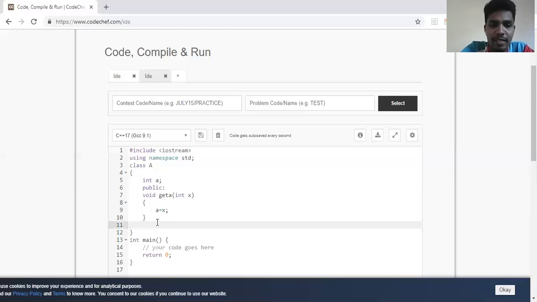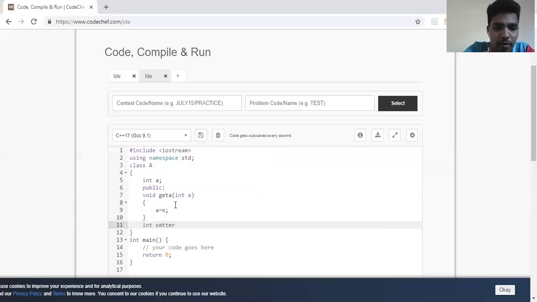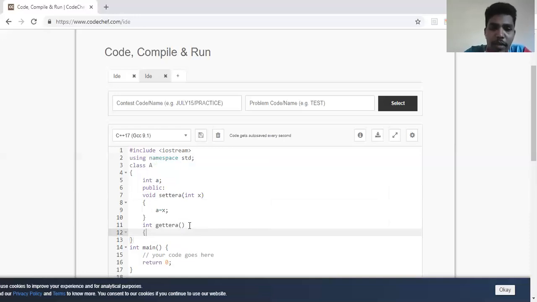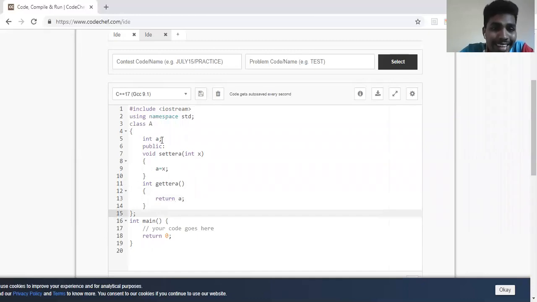And then we'll see the getter function. So we usually write getters and setters. Okay, I've changed the name. Actually, this should be the setter, setting the value for a. And then this should be the getter, getting the value of a. Since I'm getting the value of a, and a is an integer, this function should return an integer. That's why I've written it as int. So I'll write return a. Now if you see this class carefully, the data is kept private.